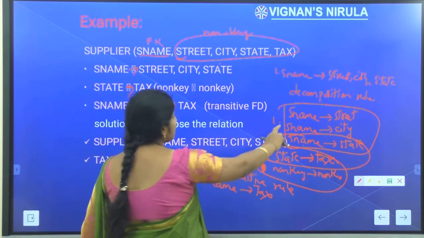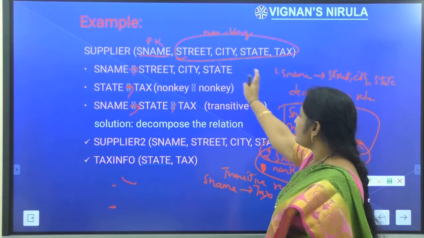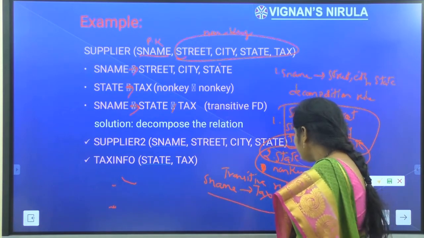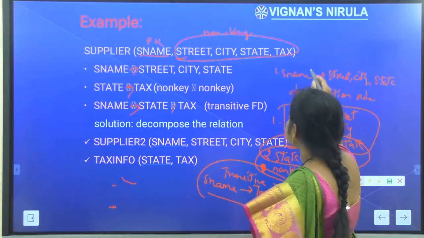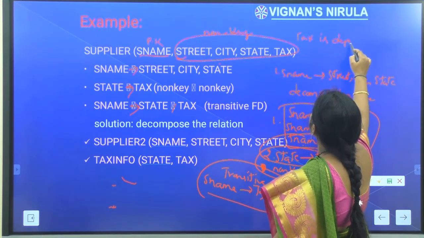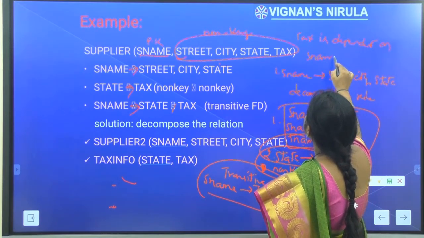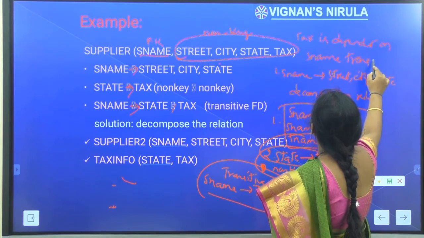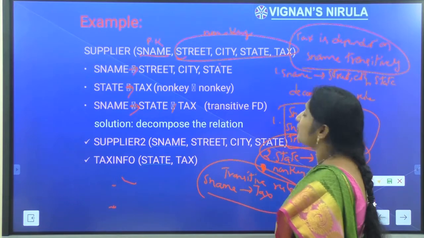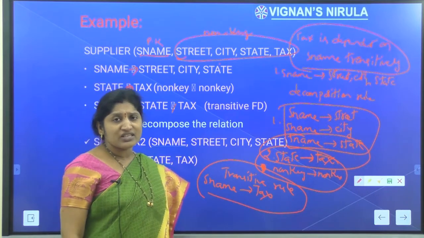But I am having directly S name implies street directly, S name implies city directly, S name implies state directly. But S name implies tax I have derived using the transitive property. That means tax is dependent on S name transitively but not non-transitively. So this transitive dependency has to be made a non-transitive dependency, then only our relation can be converted to